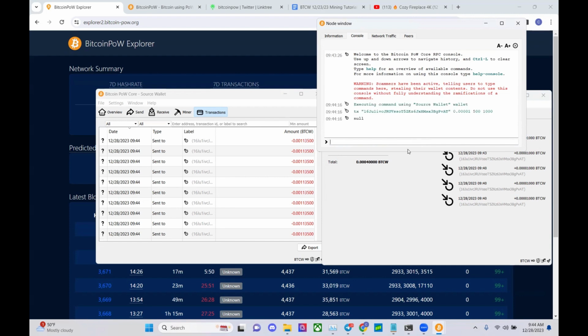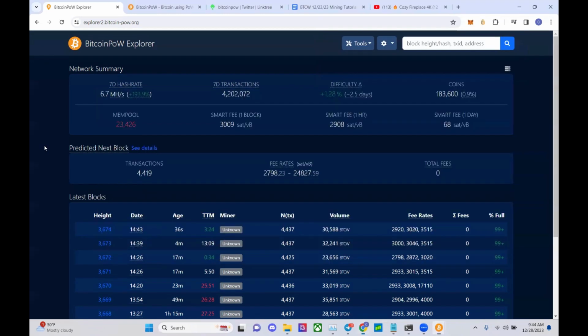There we go. So now it's gonna print a bunch of those at 500 Satoshi per VB. And I'll bet you, check it out. So it was 70% of 1% of a BitcoinPoW. Now we're looking at 11% of 1% of a BitcoinPoW. So it's about 5 times lower of a rate. And if you see,